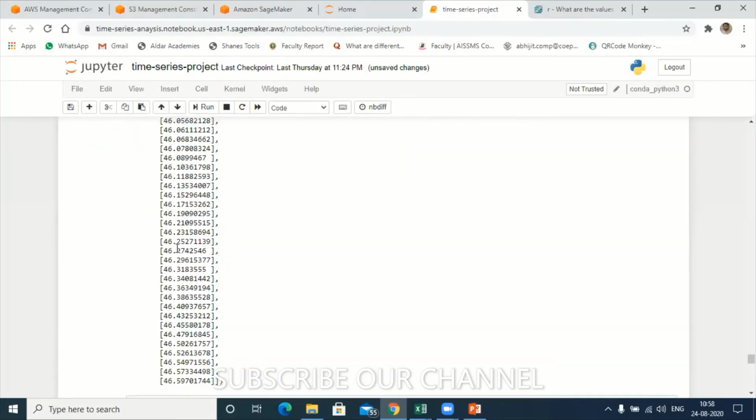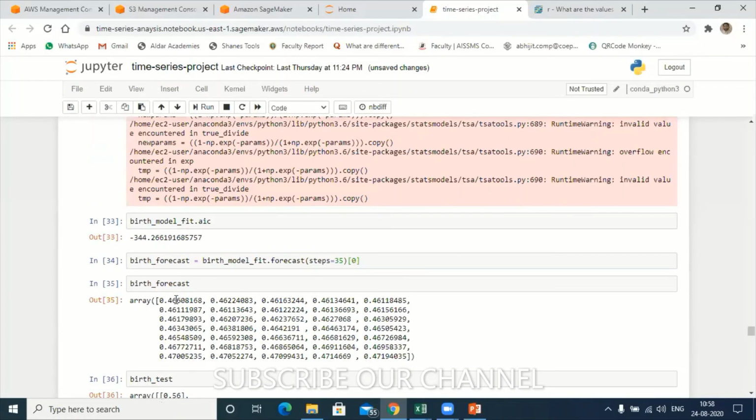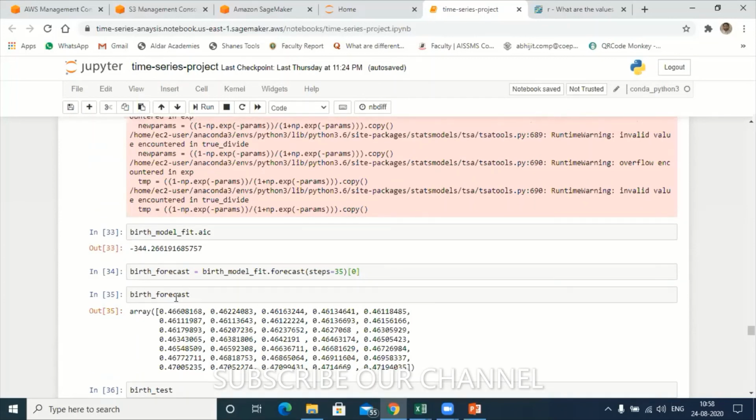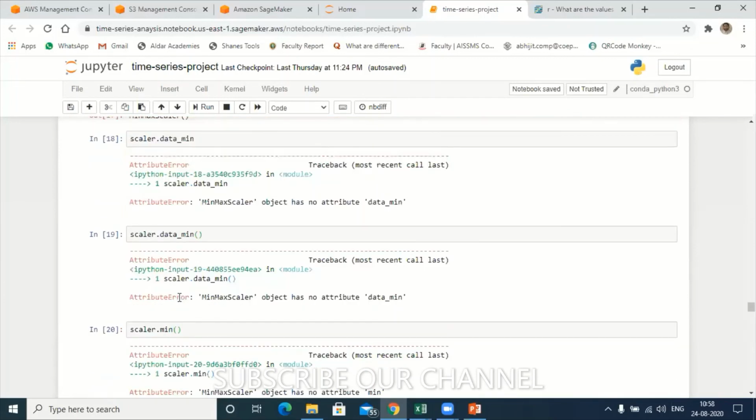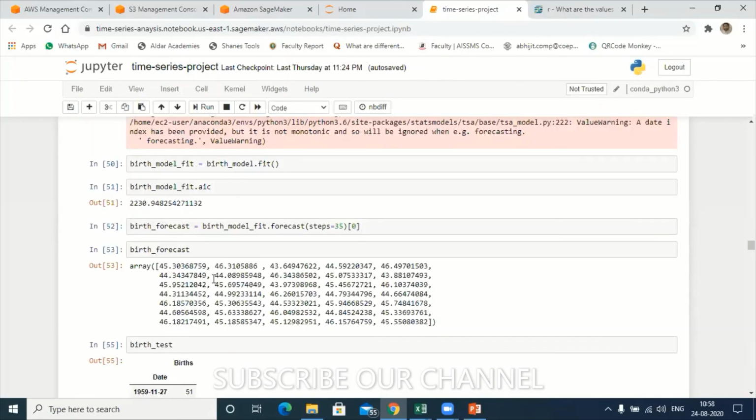That means even for this data set, using standardization is also not going to work out for the ARIMA model. The normalization technique is also not going to work out, because if you compare the forecasted value after normalization with the normal values, I think this one is 45, 46.